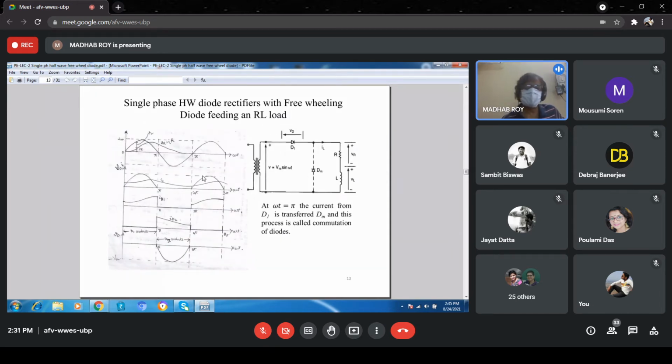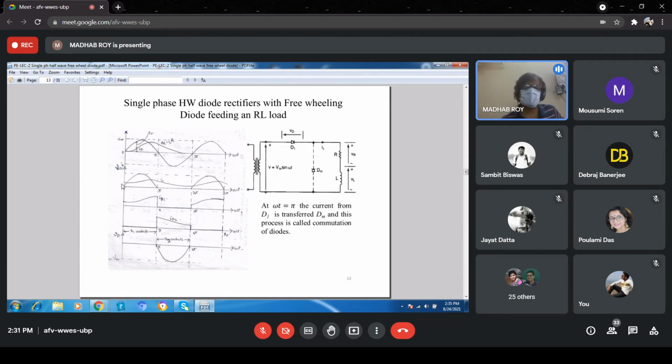Now, in the picture of this graph, this is the source voltage. Here the current initially will be like that, and it will extend further. If heavy inductance is given, the length of the current depends on the inductance. If we put heavy inductance, then this can extend up to pi also. So this totally depends on the value of the inductance, and the freewheeling portion will be there.